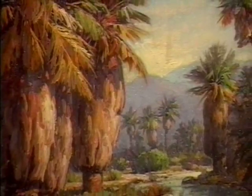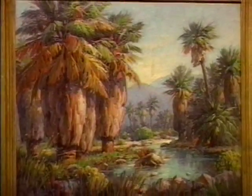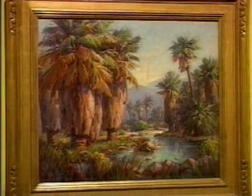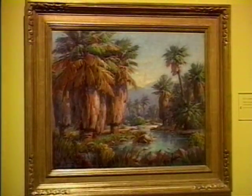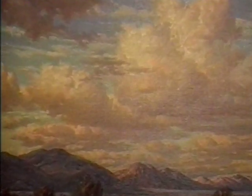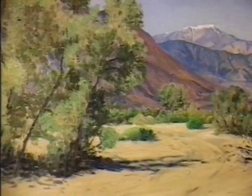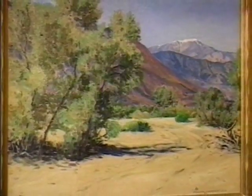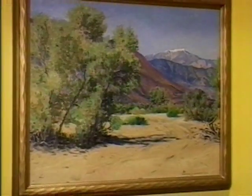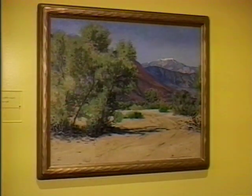That is, they took their easels, their canvases, and their paints into the open air and painted from life, that is, painted nature. They were inspired by the French Impressionists, who took advantage of the wonderful light in southern France and other places. The light of Southern California was inspiring to these artists, many of whom came from other places. And they painted these gorgeous landscapes, some of which still remain and some of which have disappeared because of